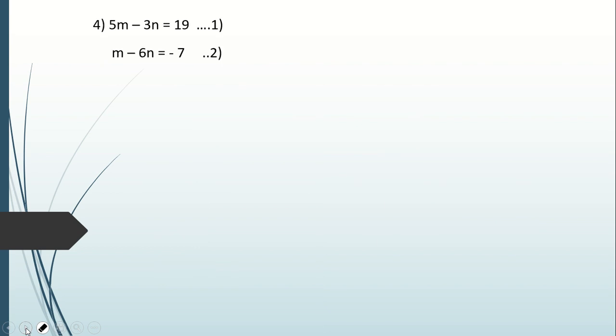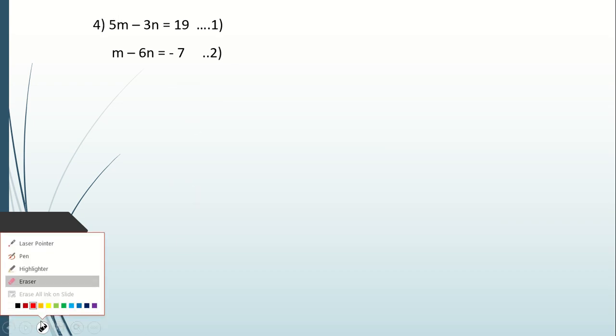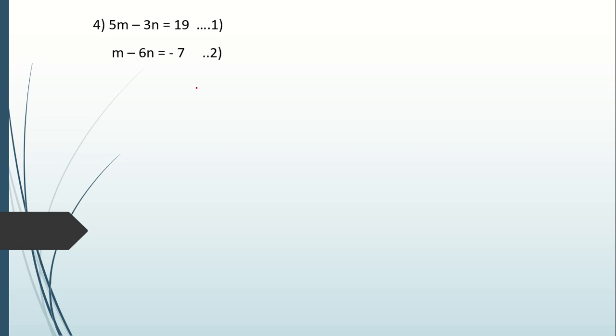Now next sum, two equations are given, number 1 and number 2. This sum is actually for you to do for homework, because it is exactly similar to the way we did the first three sums. Now here we have 5m and here you have m. So you can see this is easier to get eliminated. The variable m is easier to get eliminated. What you have to do is multiply equation number 2 by 5. So when I multiply it by 5, what will I get?